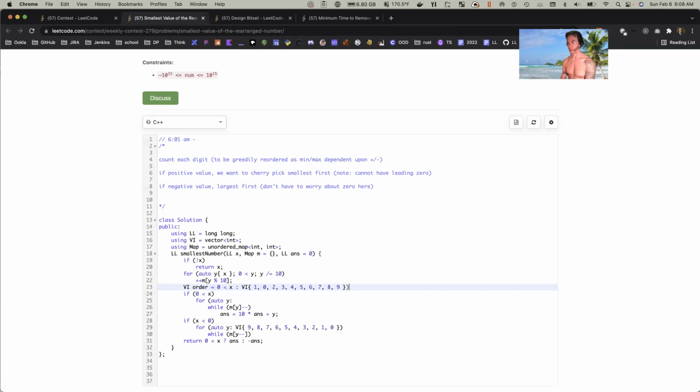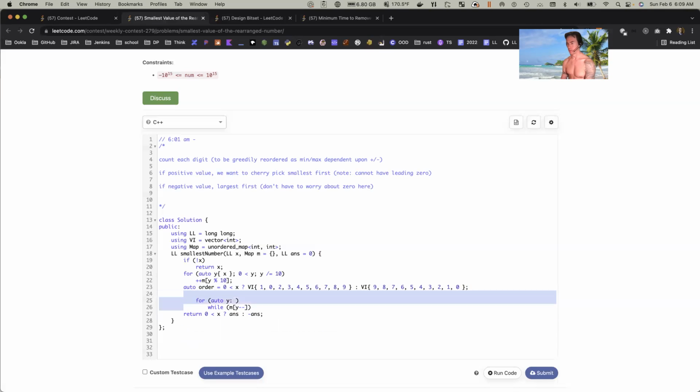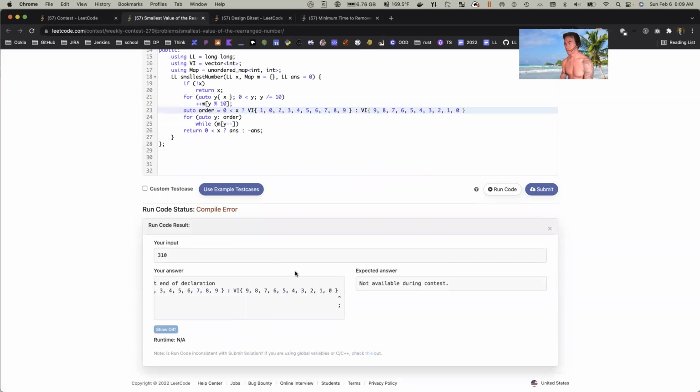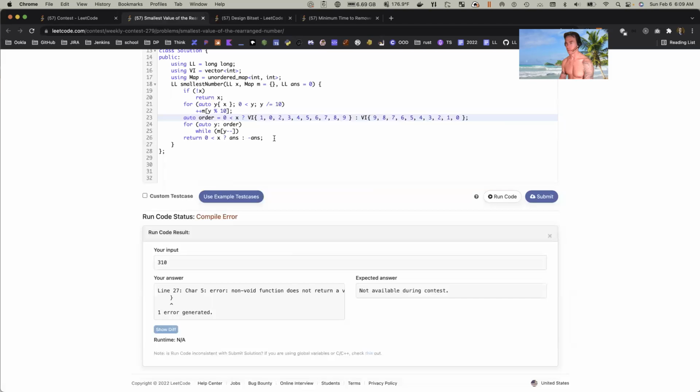Okay, so the order will be this. Or that. Positive or negative. And then this code is the same. Auto y in order. Yeah, that works. Okay. Uh-oh. Missing a semicolon. Oh, I thought I put that there. Oh well, whatever. Okay. It's not